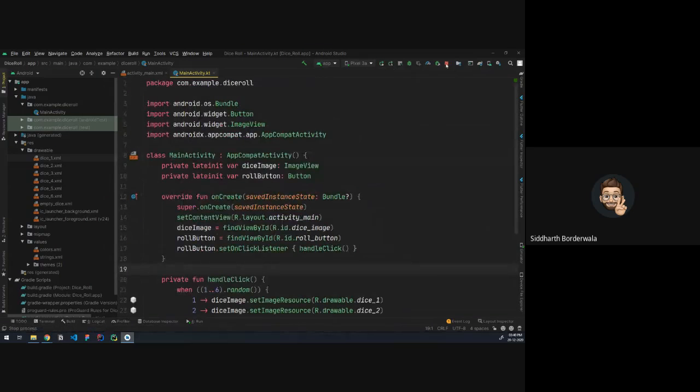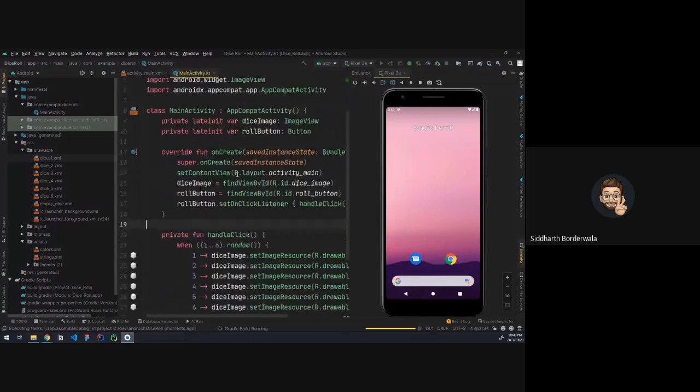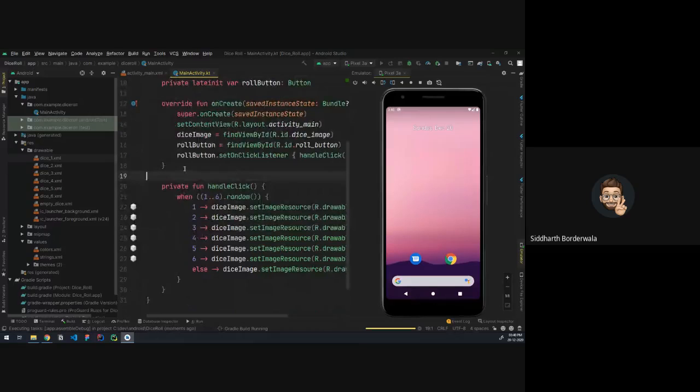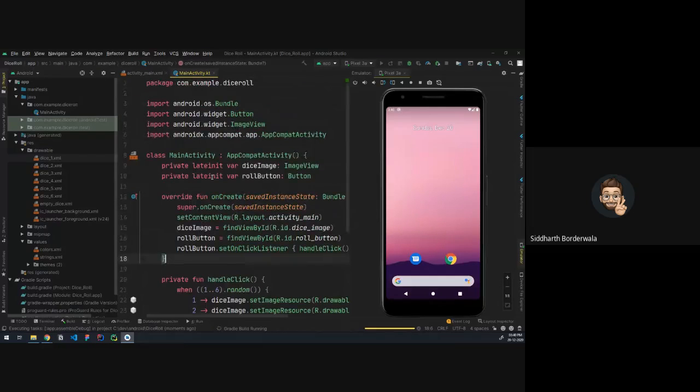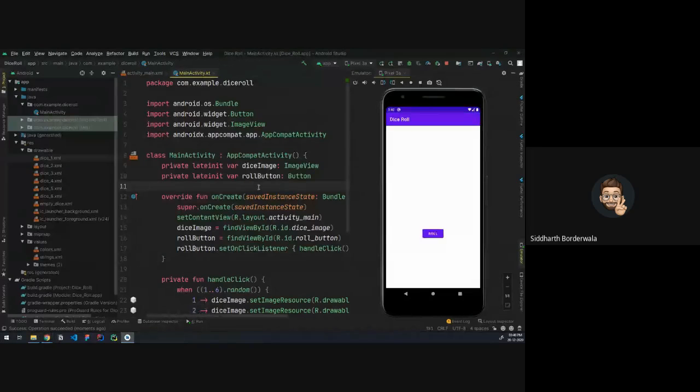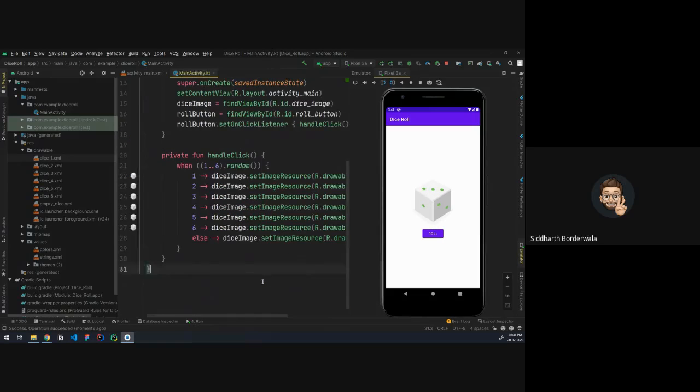Okay, so let's stop the program and run it once again. We have the empty dice image here. Now let's click roll. We have 4, 2, 2 again, 3, 6. There we go. So we have created the dice roller app. You guys can see